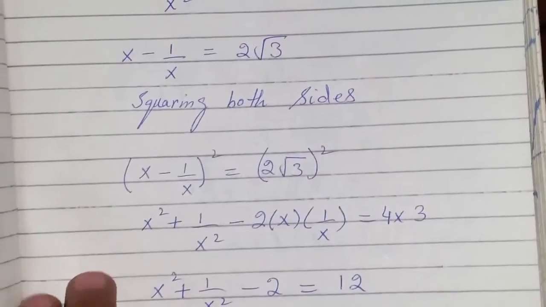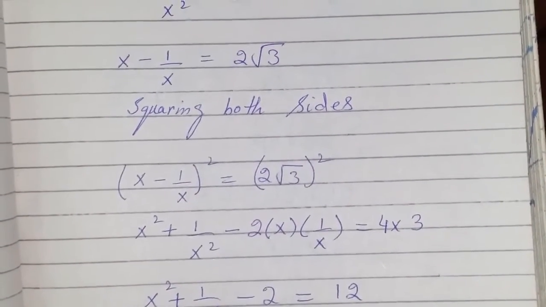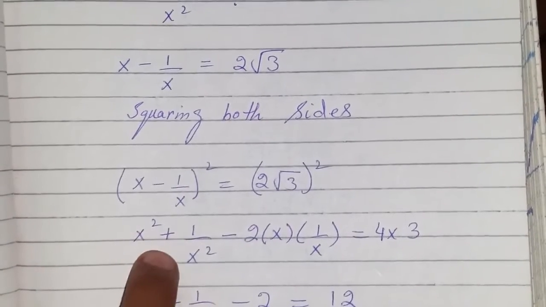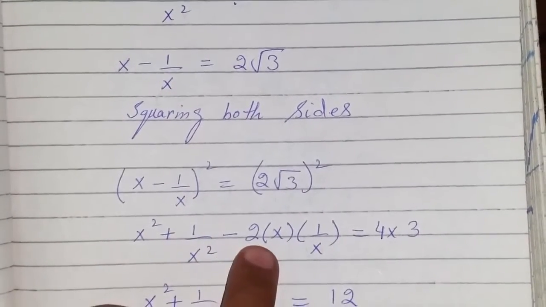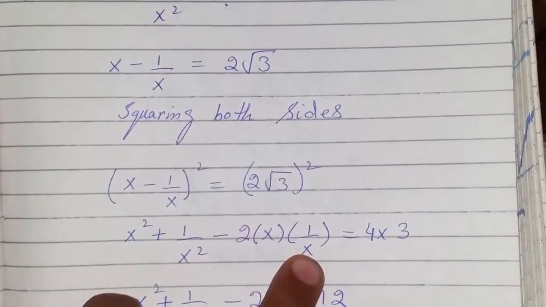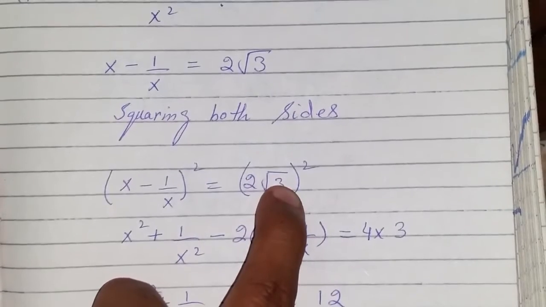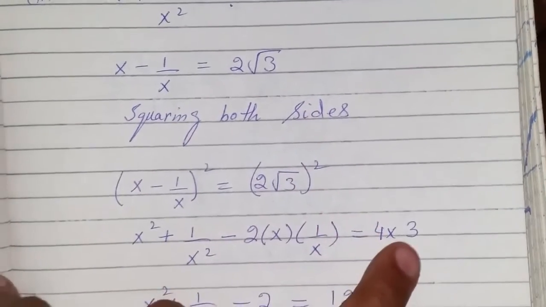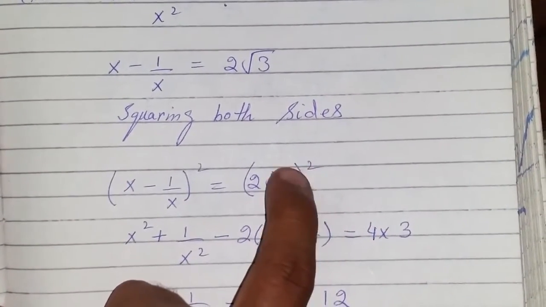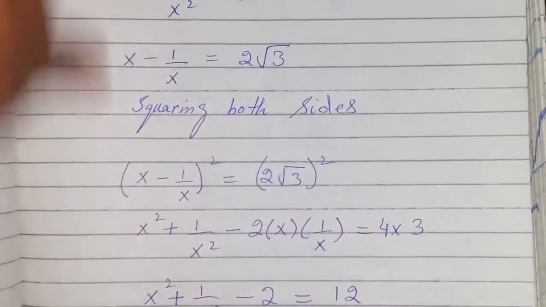After squaring both sides, I can apply the formula: square of the first term plus square of the second term minus 2 times first term into second term. This x and 1 over x cancel out. 2's square is 4 and square root 3 squared is 3, as the square root sign cancels out with the square. 4 threes are 12. Now